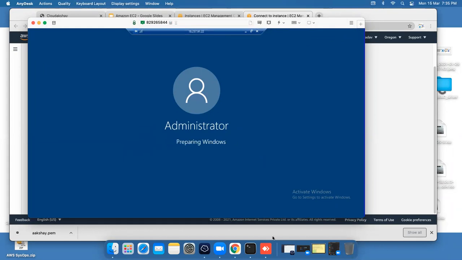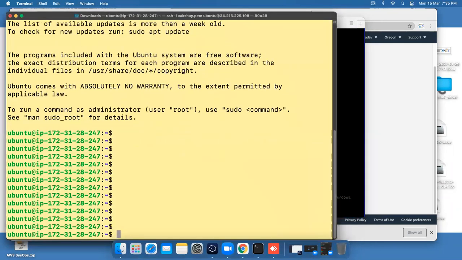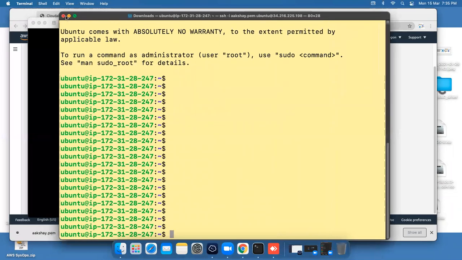But the Linux machine is very fast and it is right now connected. So this is my Linux machine and using SSH I connected, and this is for the Windows. Please wait for the installing.